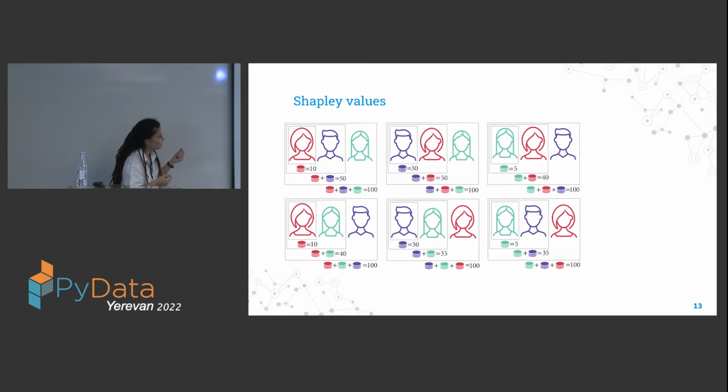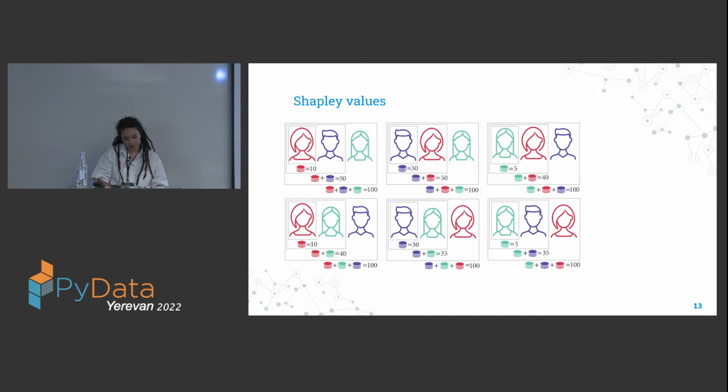In this case, the value of the coalition is fixed. Let's say red player joins first, and if red player joins first, we can see from the first picture that she brings only 10 to the game. We know also that the coalition value is fixed. For example, if red and blue are playing together, their value should be 50. It means if the blue player is joining second, not first, he needs to add as much value to the game to reach 50, which is 40.